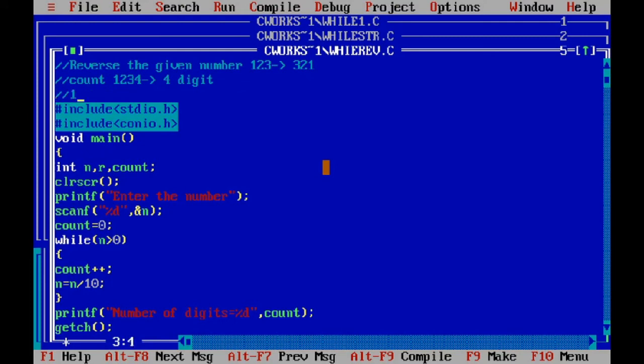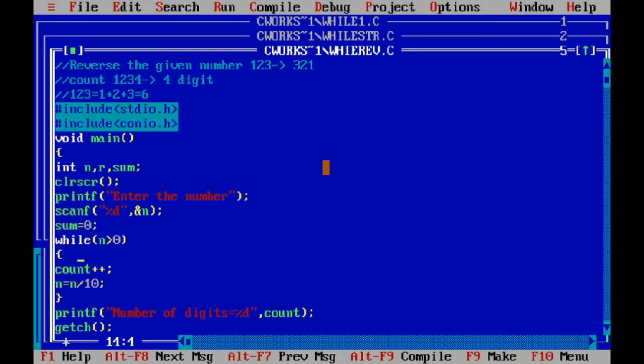Suppose your number is 123 and you want to calculate the sum of its digits: 1 plus 2 plus 3 equals 6. How to do this? For this, use one variable sum and initialize this variable to 0.